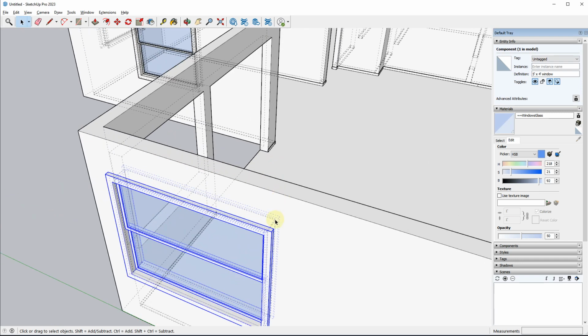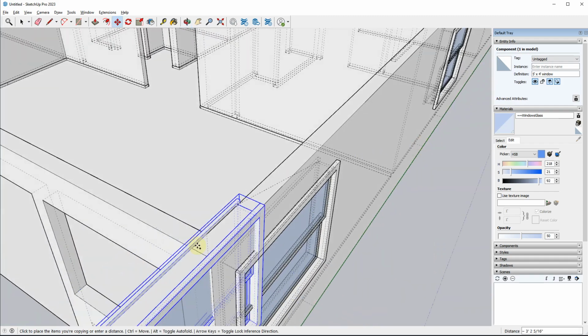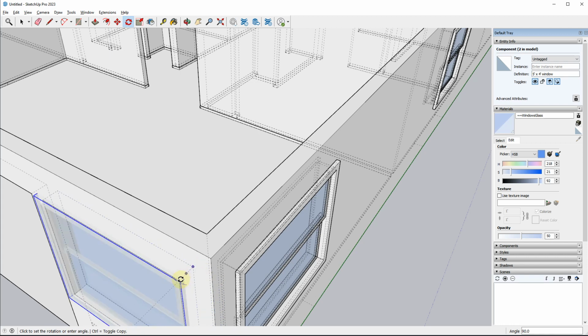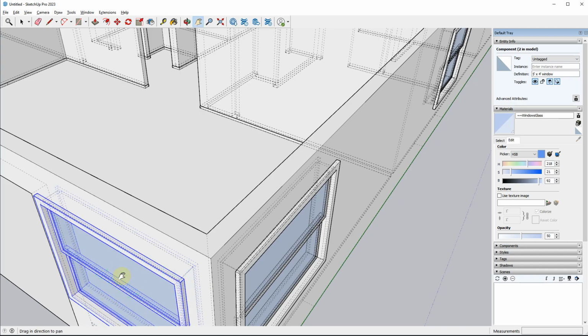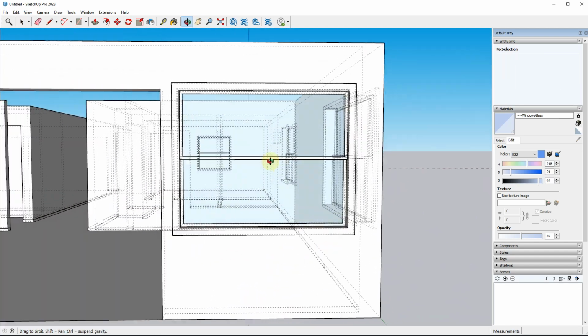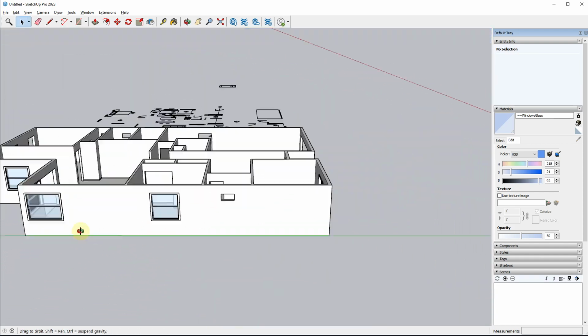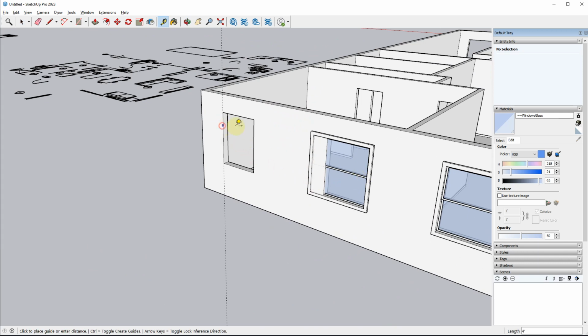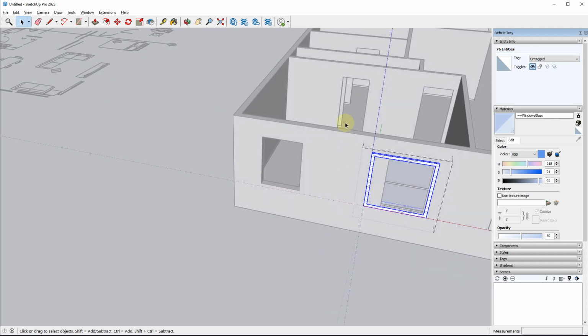Now I should be able to again repeat that process. So I can grab this corner. We'll do move copy by hitting Control, up arrow or Q to bring out the rotate tool, up arrow to lock another vertical axis, and then we'll rotate that 90 degrees. And just do a double check, make sure that's all lined up. So everything's good to go there. And I could repeat this process. So again, this is a 3 foot wide window, right? So we can take this, explode it, double click on this, move this over 1 foot,